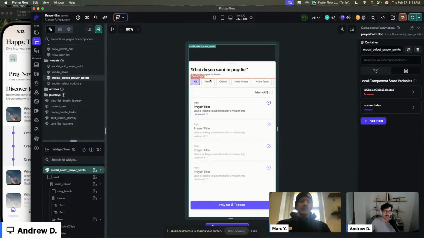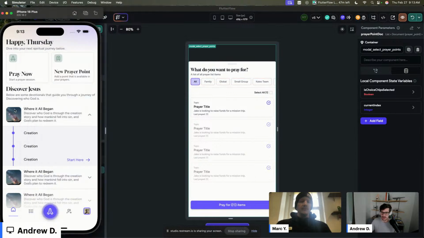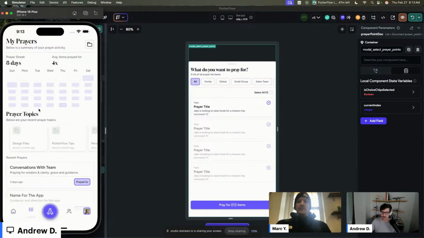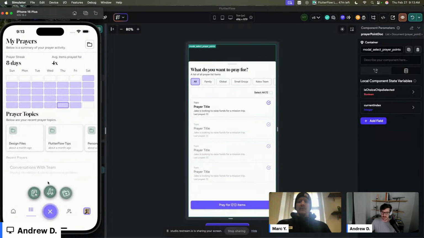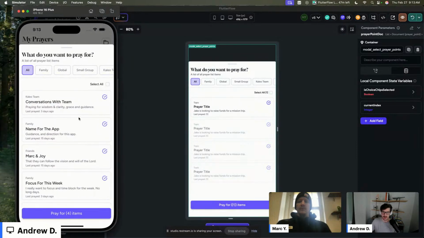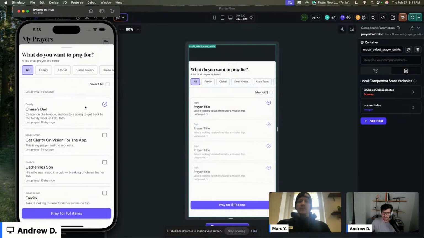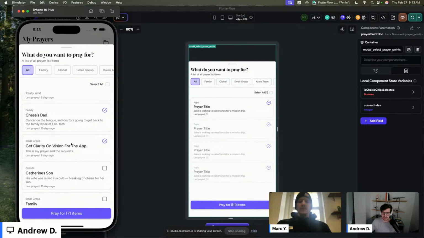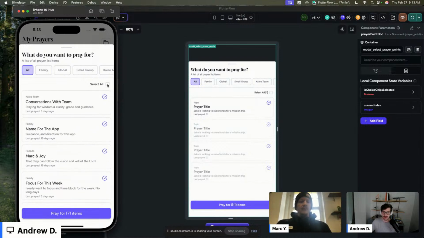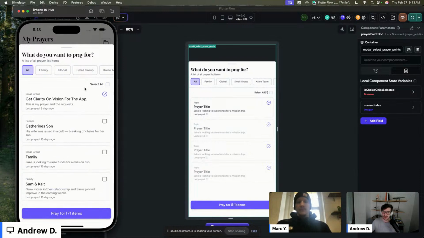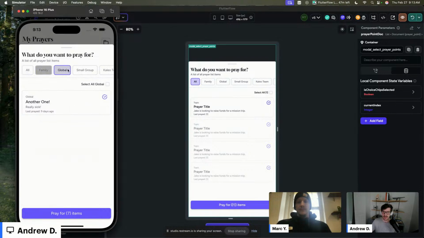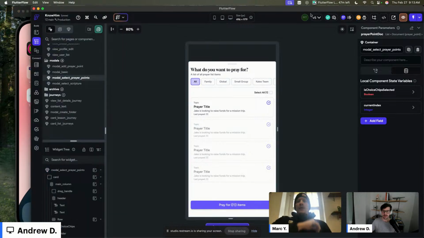We have a modal. We have the ability to select prayers. And this is what it looks like in the actual app, right? So we have the ability to select prayers. And currently what this is doing is updating the prayer state component. And since we want this select all to select all or to toggle off and unselect all, now this gets tricky because we also have the ability to,